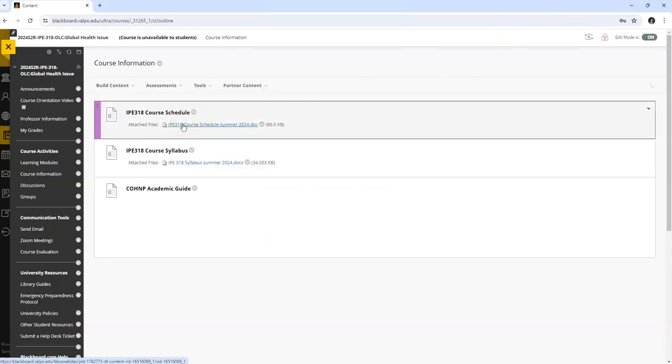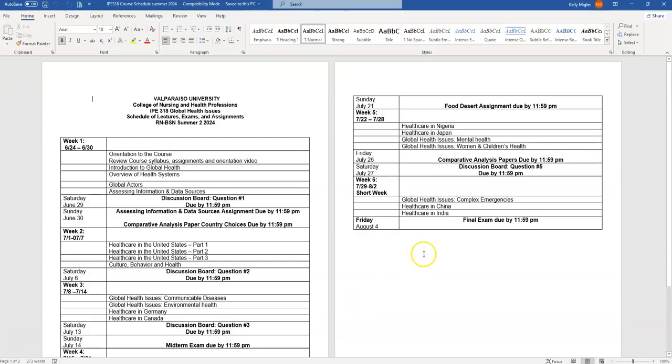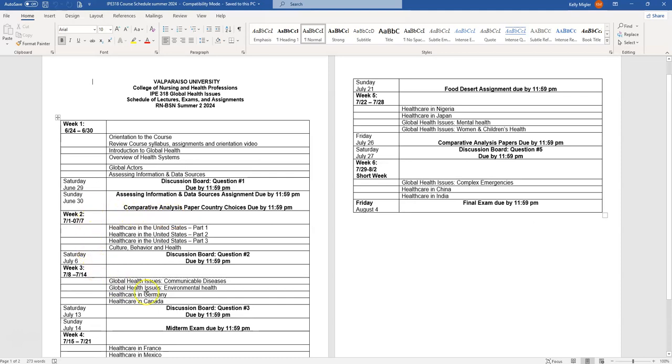The course syllabus. You will see that it looks very familiar. I use the same kind of format layout for all my courses. Course schedule: it's divided into weeks. Each week you will see what lectures are required for you to view. Any assignments that are due during that week will be in bold. Each week's format pretty much follows the same